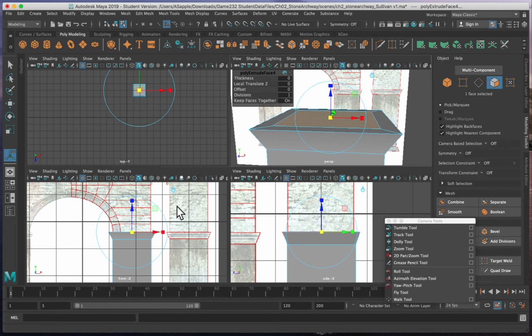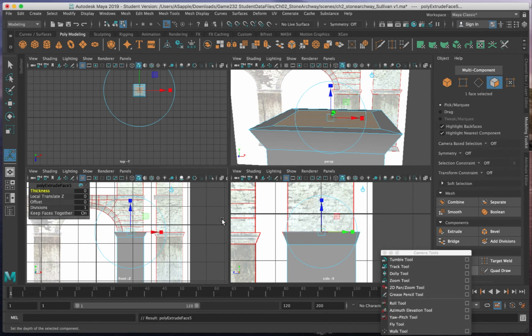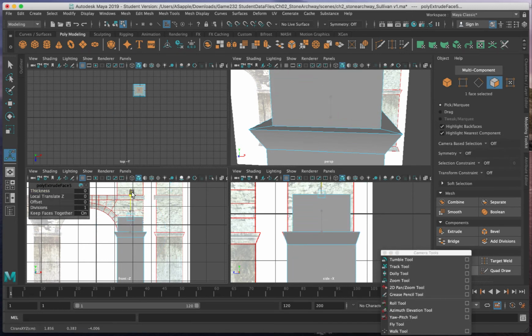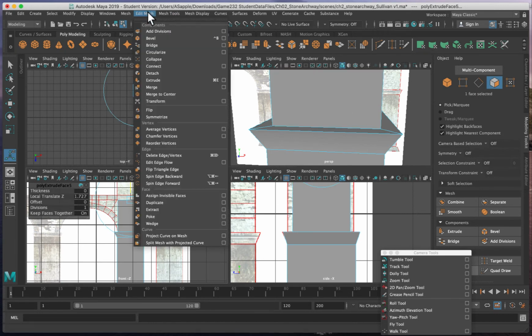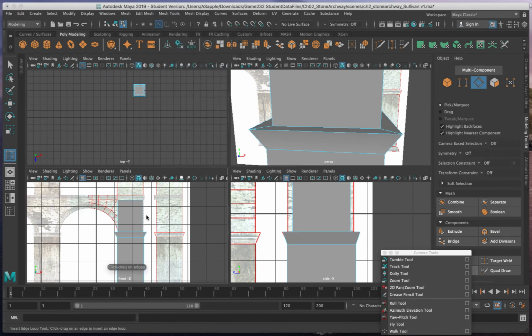All right. Next thing, we're going to do another extrude. So we'll click on the extrude and we're going to go all the way to the top. This is an important detail, that we go all the way to the top, because the next tool that we're going to be using is the insert edge loop tool. All right, so now that we've done that, the insert edge loop tool is under mesh tools, then insert edge loop. So we're going to click on this insert edge loop and I'll click and hold,